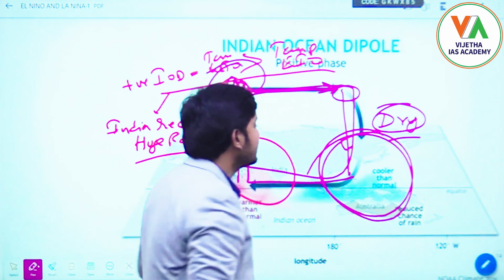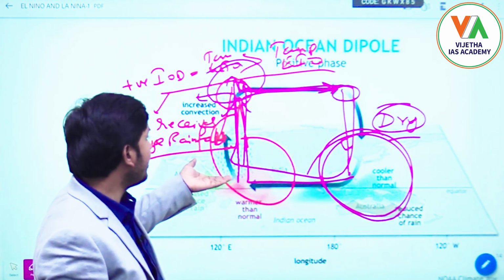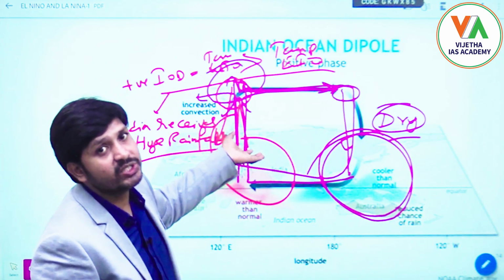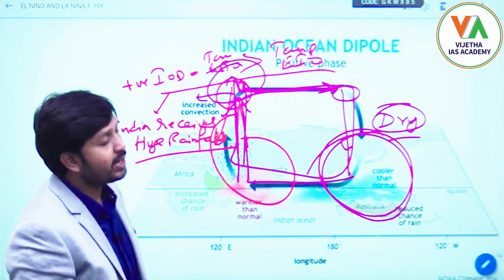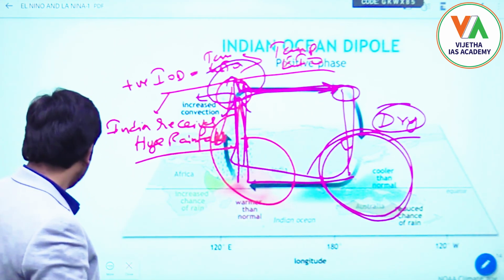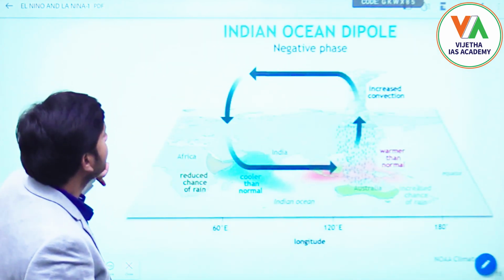Okay, Australia and Southeast Asia will become very dry during positive Indian Ocean dipole, but the Indian landmass will receive a huge amount of rainfall during this Indian Ocean dipole phenomenon. Is it clear? So if you see the other phenomenon, that is negative Indian Ocean dipole, okay, if you see here,